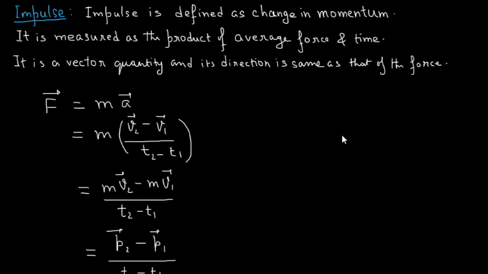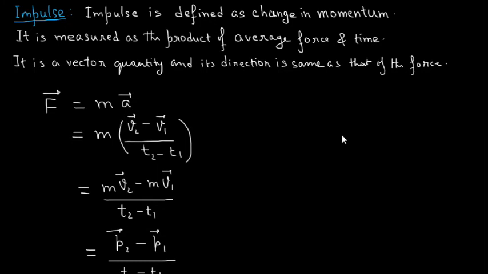Impulse. Impulse is defined as change in momentum. It is measured as the product of average force and time. It is a vector quantity and its direction is the same as that of force. F is equal to ma is equal to m times v2 minus v1 upon t2 minus t1